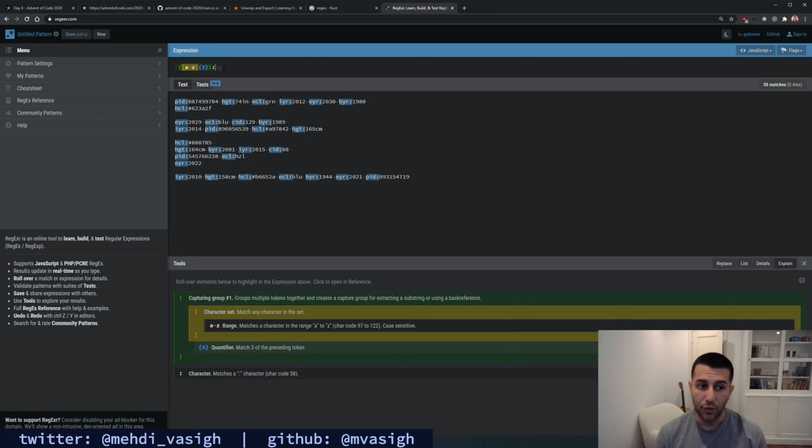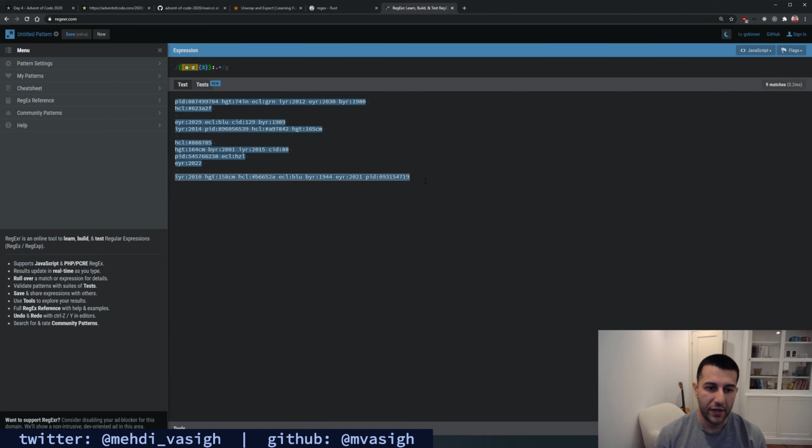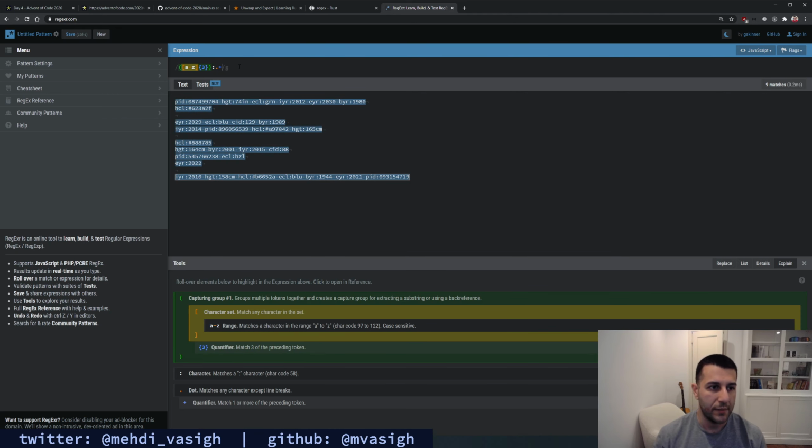And then I'm going to have a colon, and then any character one or more times. So if I were to write something like IYR colon, that's not going to match. But as soon as I add additional characters, or special characters, it's still going to match, right? Because some of these have pound signs, et cetera. So I'm going to grab this.